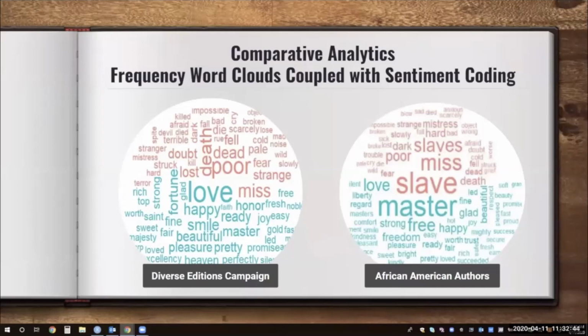Ultimately, if African American culture is going to be represented in publications at Barnes & Noble, this representation cannot be done by altering the covers of texts written by white authors. To represent African American culture, texts written by African American authors must be published and represented by the publication industry.